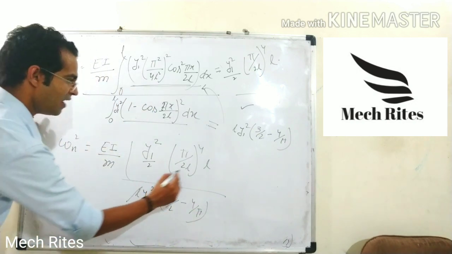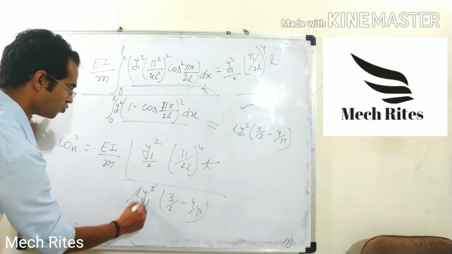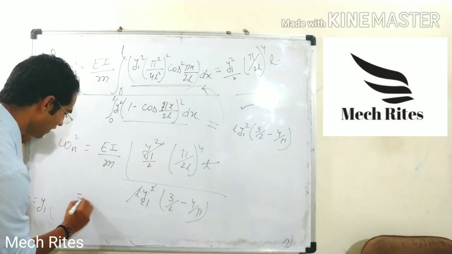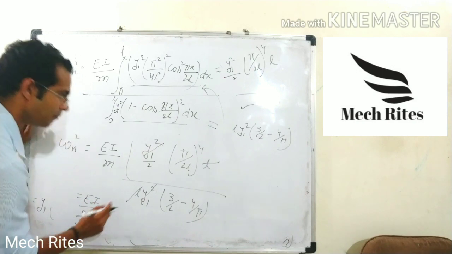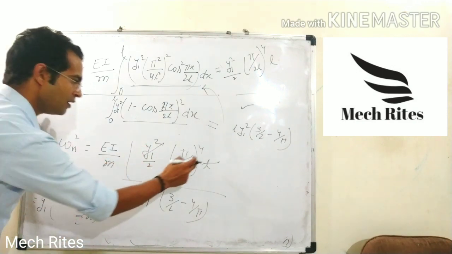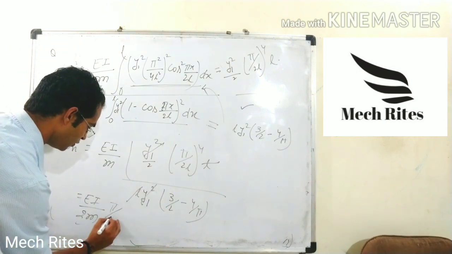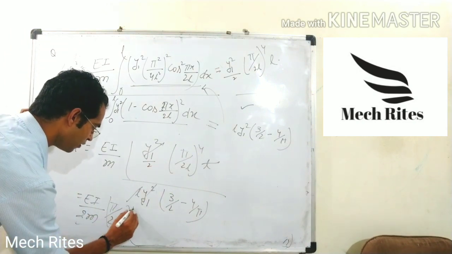This L and this L will be cancelled. This y square and this y square will be cancelled. So we may write EI by 2m, pi by 2L to the power 4,